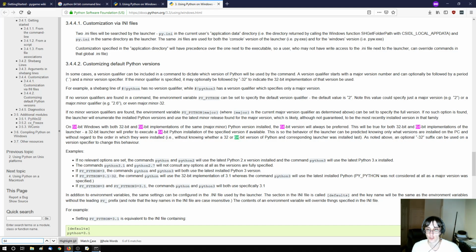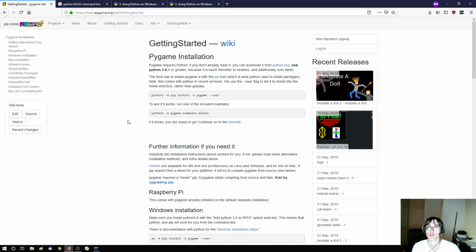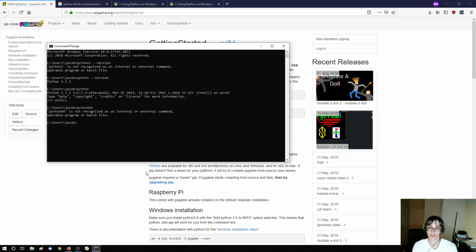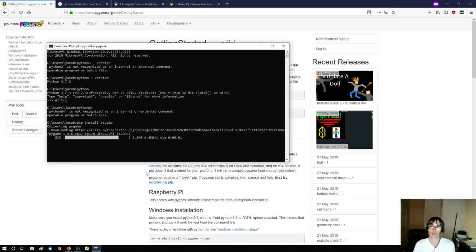Okay, well, I'm not sure about that right now, but it's not super relevant, so I'll just do what I can. To install Pygame, ideally I should be able to do pip install pygame on my command prompt here. So if I do that, hopefully it will work. You'll see it's downloading from the internet. And now it's installing. Okay, so it says it successfully installed it, but to be sure, I'm going to open